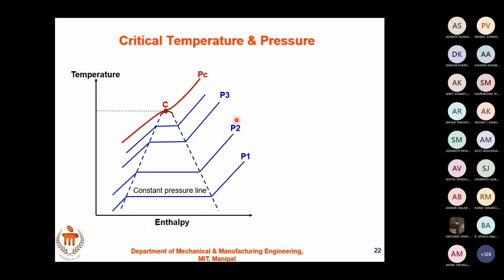Could you explain? Yes, tell me, repeat. What did this line signify? I didn't get it; your voice is breaking. You want me to repeat the critical point? Yes, on the PC line, what does that mean? See, again, all these are pressures only. This is the isobar. At a higher pressure, I don't have my latent heat. This pressure is called the critical pressure. This point is called the critical point. And the temperature corresponding to the critical point is the critical temperature.